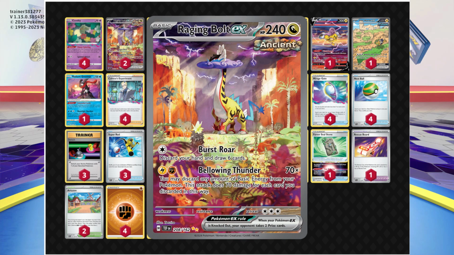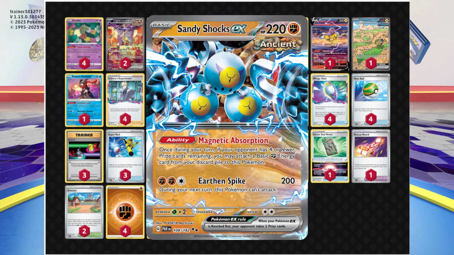The second attack is what we're here for though, and that is for lightning and fighting. And it does 70 damage for each energy you discard off of your board. So it can do unlimited damage, and for 5 energy it can knock out any Pokemon without like a Hero's Cape or something. And we also have Sandy Shocks to help with that, to help support the energy to discard,